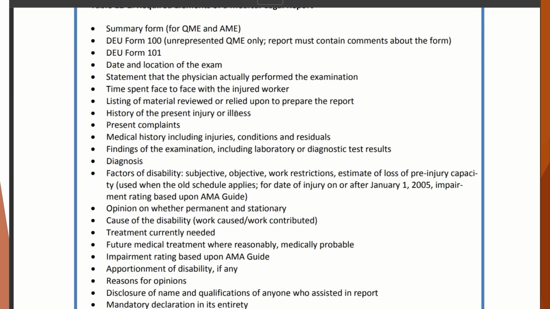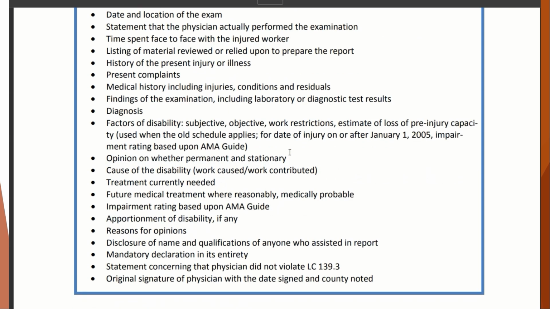Many of the sections of the report are already pre-populated with much of the necessary information. In other words, the wheel has already been invented, and if you need a template, you can get those templates from us. Okay, so this is the 2016 Physician's Guide, and it tells us what's required in a QME report